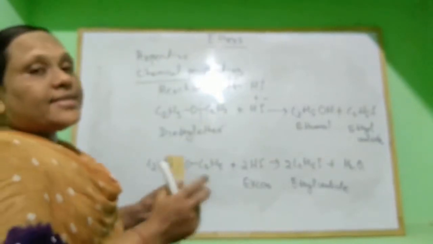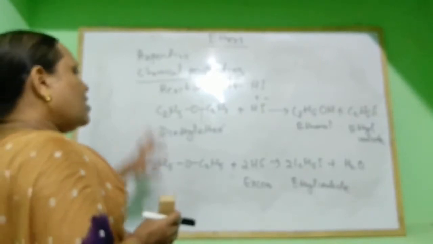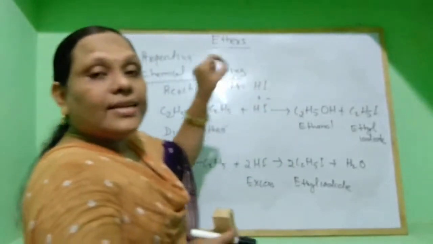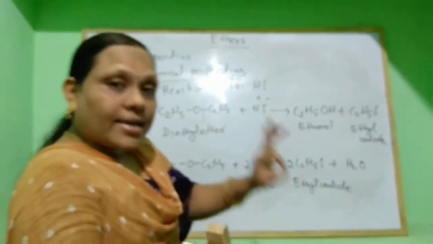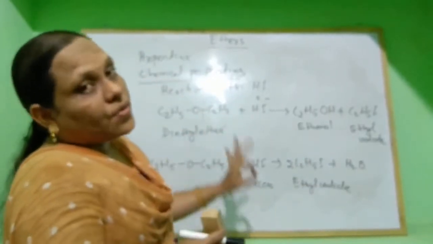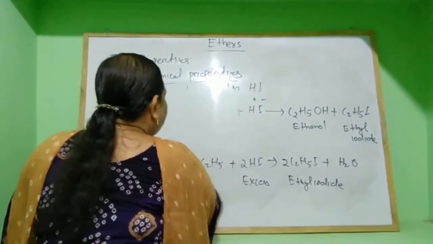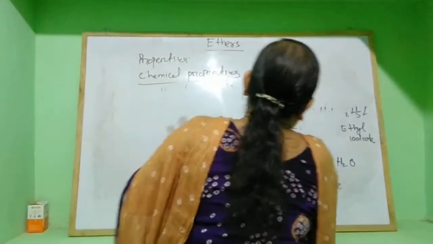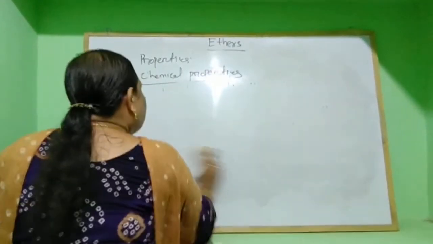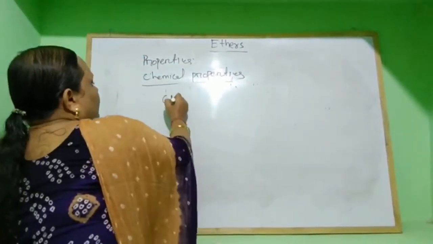But if it is a mixed ether or unsymmetrical ether, then the iodide part, the I minus, is always linked with the lower alkyl group. Again I repeat, if we take an unsymmetrical ether, then the iodide ion is linked with the lower alkyl group. Look at this example,